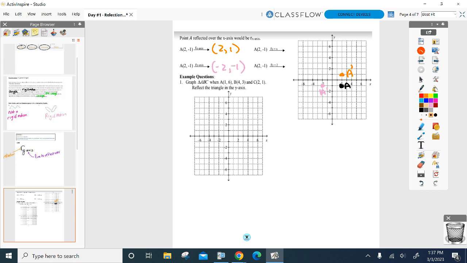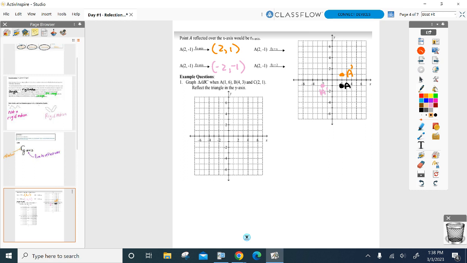Everybody take a look on my diagram. Let me connect that segment, AA prime. What line did we reflect over? What's the y-axis doing? Perpendicular bisector. Every time. And I'm going to keep doing that at the end of every problem. Go bottom right here for me now. Bottom right. Now I want you to reflect over the line